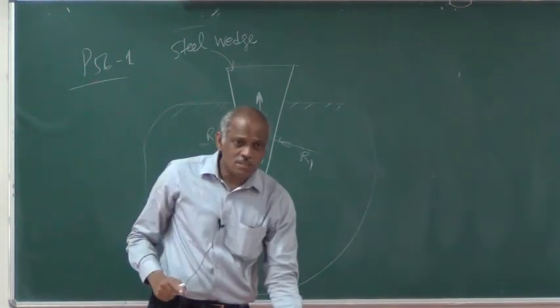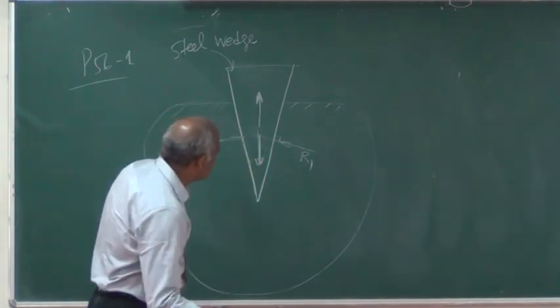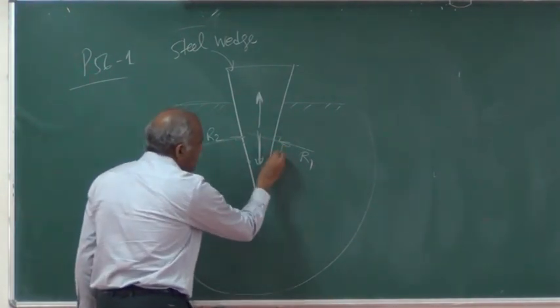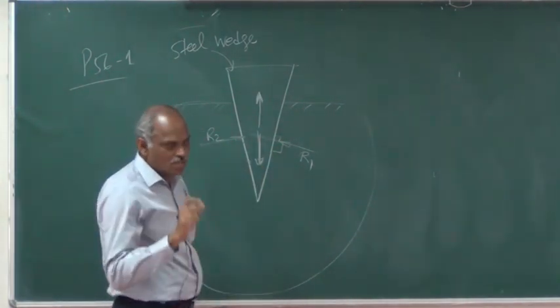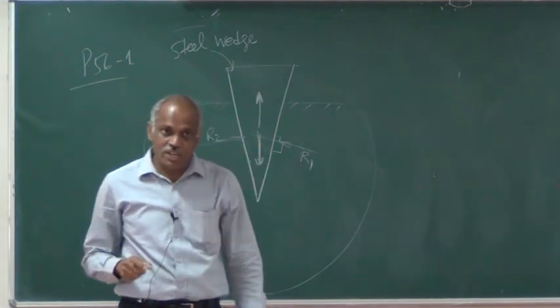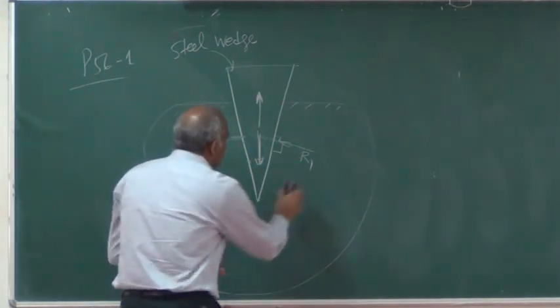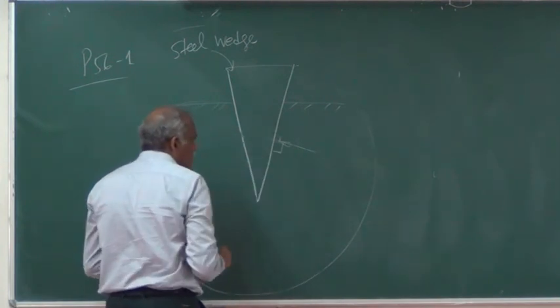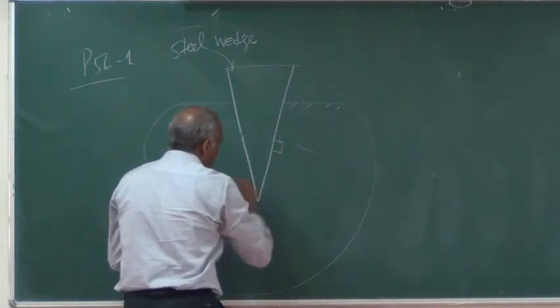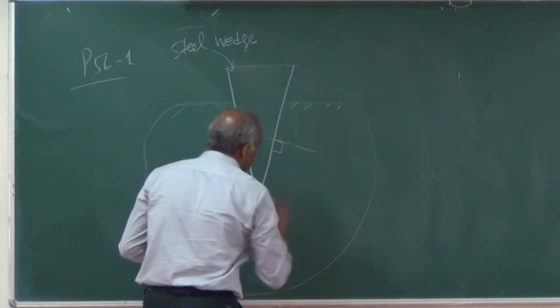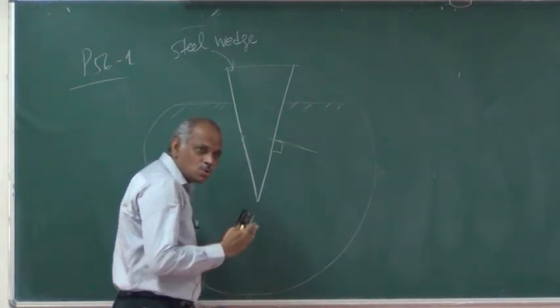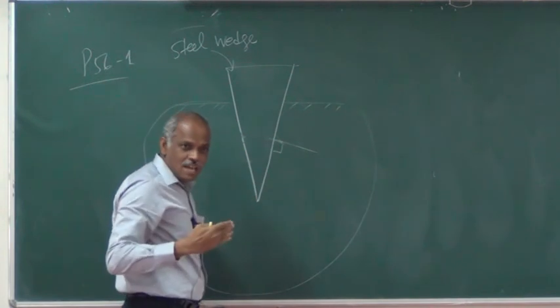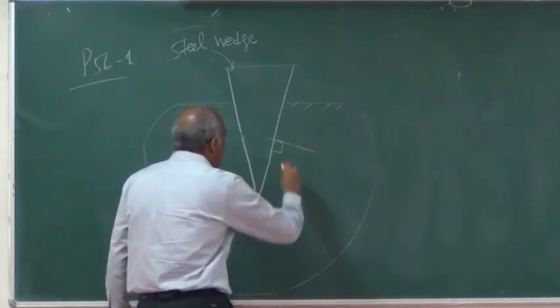But we know that here what we have done is this R1 I have drawn perpendicular to the surface. That is possible only in the absence of friction. So that is not the correct way to do it. So the reaction will be at an angle. When it is about to slip, the reaction will be at an angle